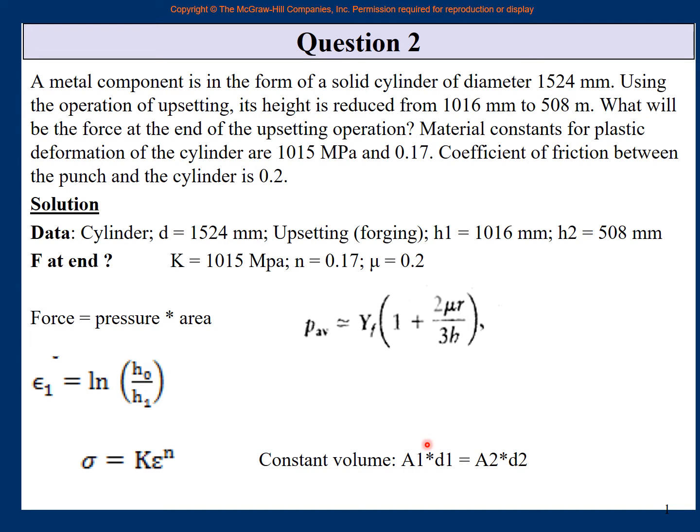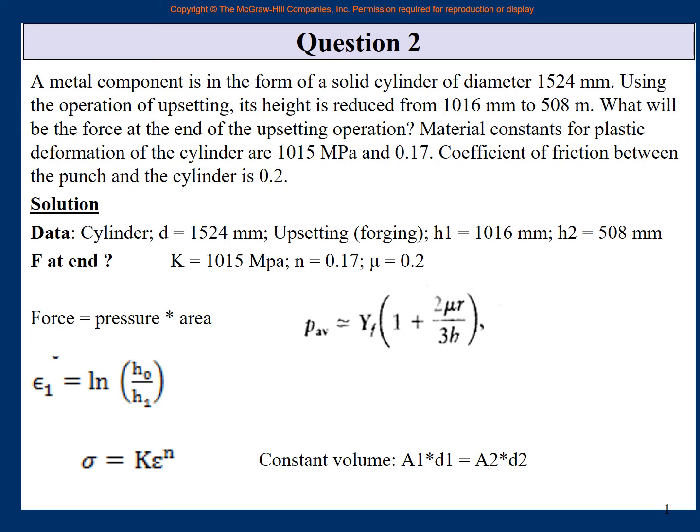So this is all known, and height 2 is known. Therefore, initial area now known, initial height known, final height known. Find the final area from here, and because it is a cylinder, find the final dia and so on, and then resubstitute it. This time I am not showing you my own calculations, because those are unimportant. If you do a small calculation error somewhere, then that error is there. But the main idea is to know the process.